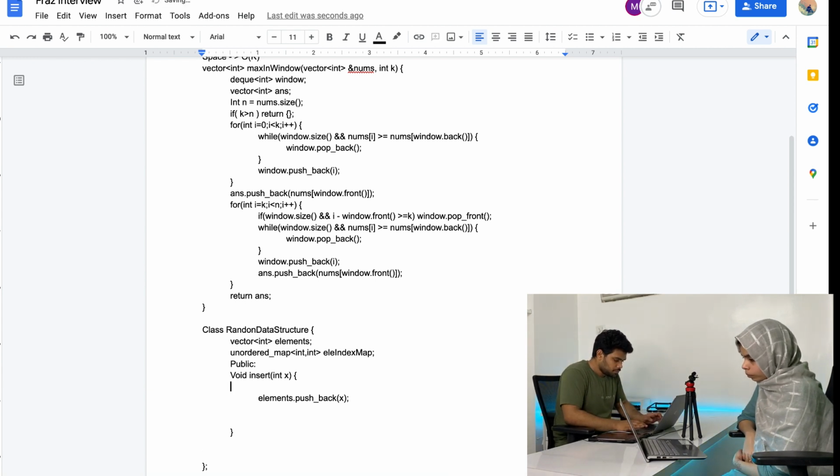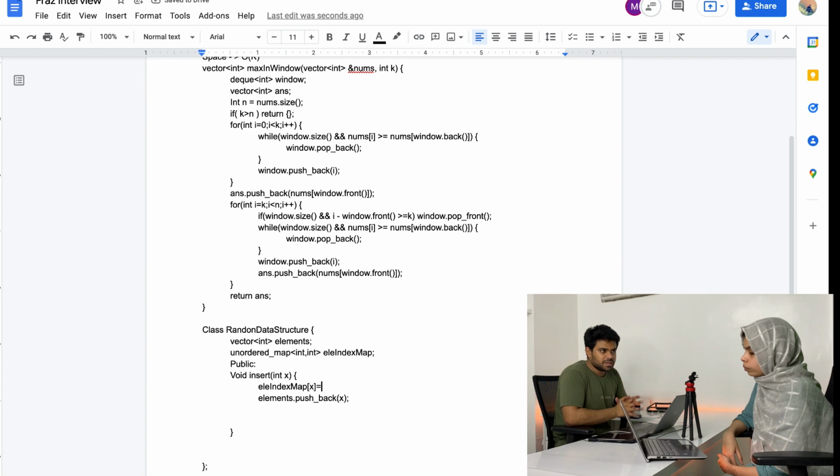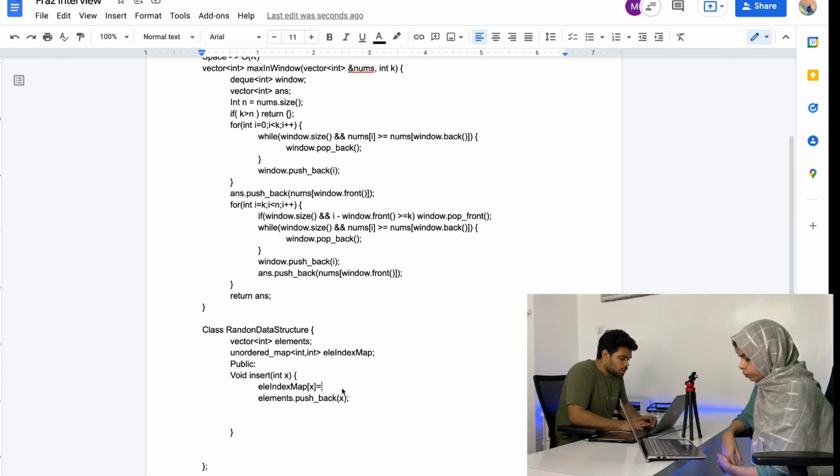So element index map of the element x is basically equal to... and because the elements which we are inserting inside this particular data structure are unique, we can keep them as the key of the unordered map. We don't have to worry about it because these are always unique. So this is equal to elements dot size.